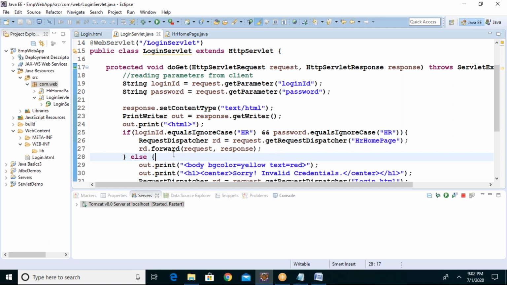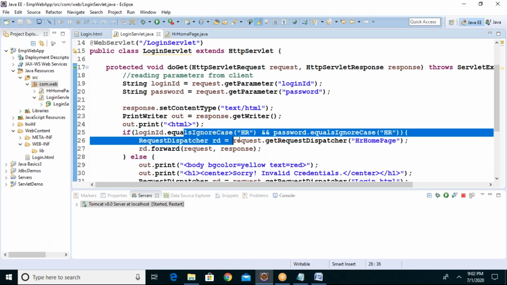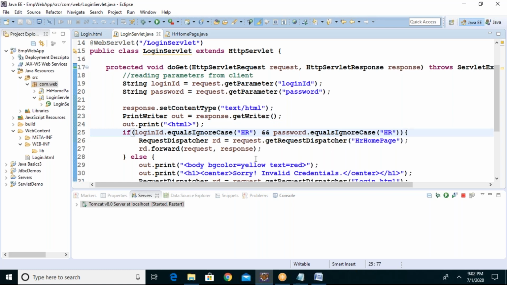And why are we adding JDBC code? When you want to authenticate many employees, HR is only one employee, right? For example, specific code, I don't want like this. I want some employees. Employee means not only one person. There are many people, right? In that case, we need to take the help of a database, guys. So I'm not talking about a new concept. I'm just going to attach the JDBC to talk with the database and take the help of authentication.